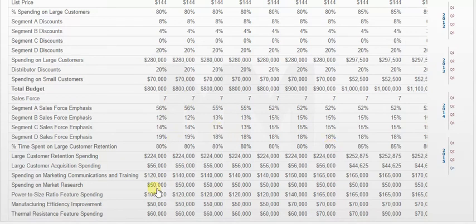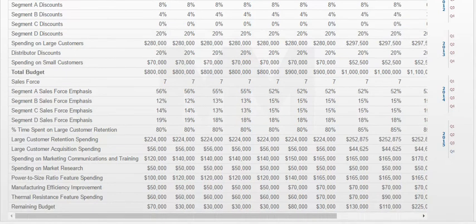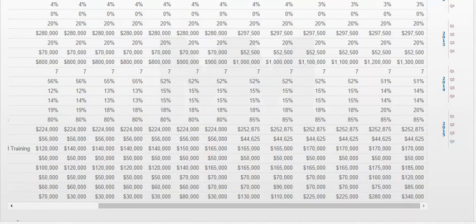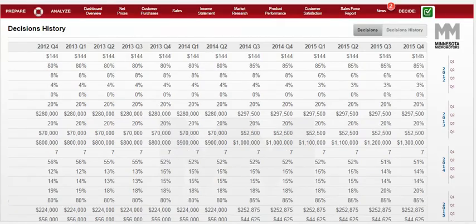And then down here you can just see the different ratios of power to size and thermal resistance that increases slowly over the time, because as the more customers buy, you have to increase your product if you're going to increase your price, or the product isn't going to be worth what the price is if you don't increase the product as well. You have to have a balance there. So at the end you have $340,000 remaining budget, but your income statement is 9.6